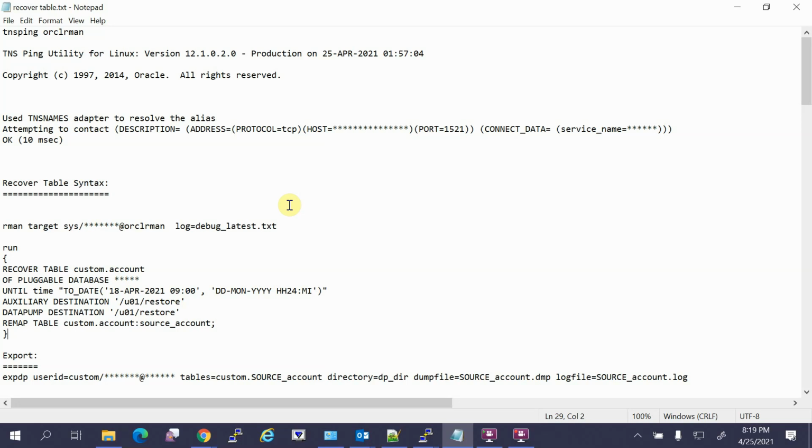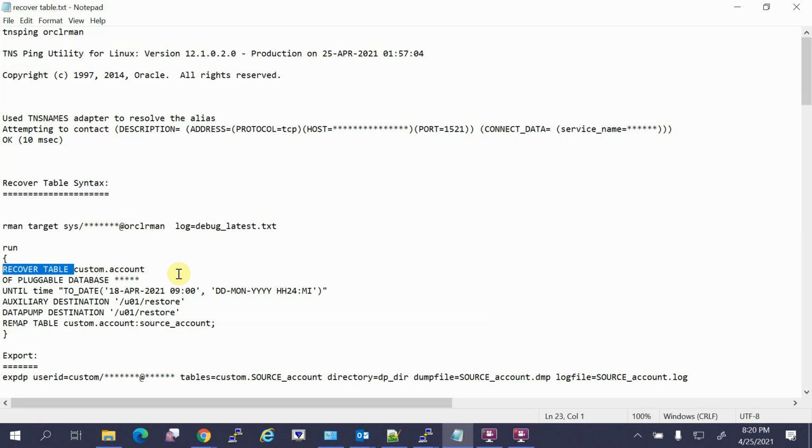So without any preparation, I thought of explaining this to you guys, how you can come out of this situation if your application, or anything, you miss some table because of some human error or various other factors, how you can recover the table, what is the best way to do that. Okay, so from 12.102, you have a command, recover table. I will briefly explain this command, what it will do and what is the benefit of this new feature in 12.102.